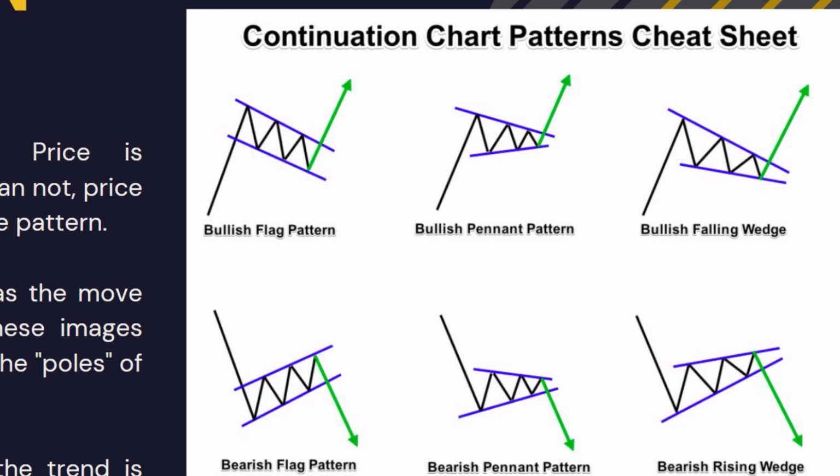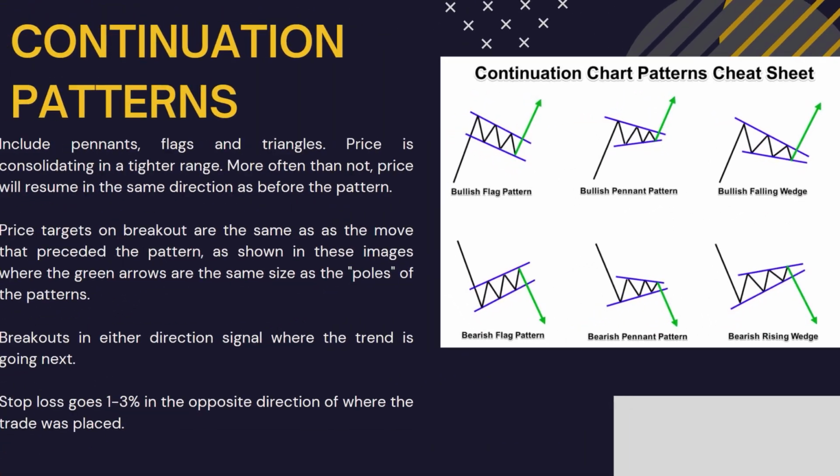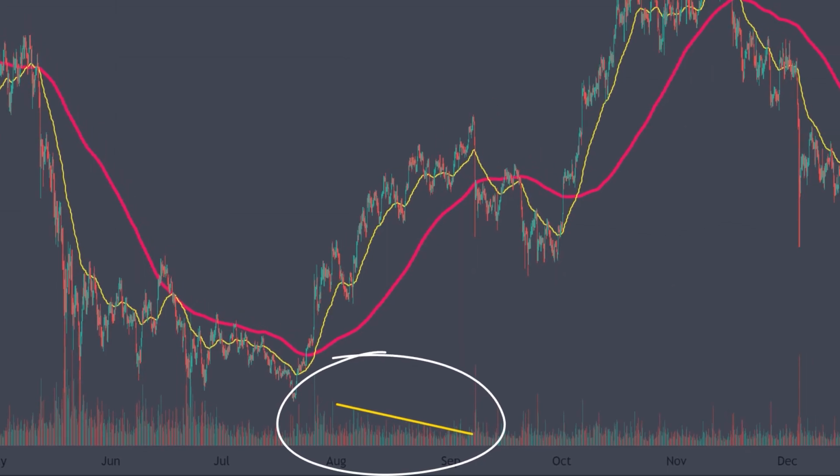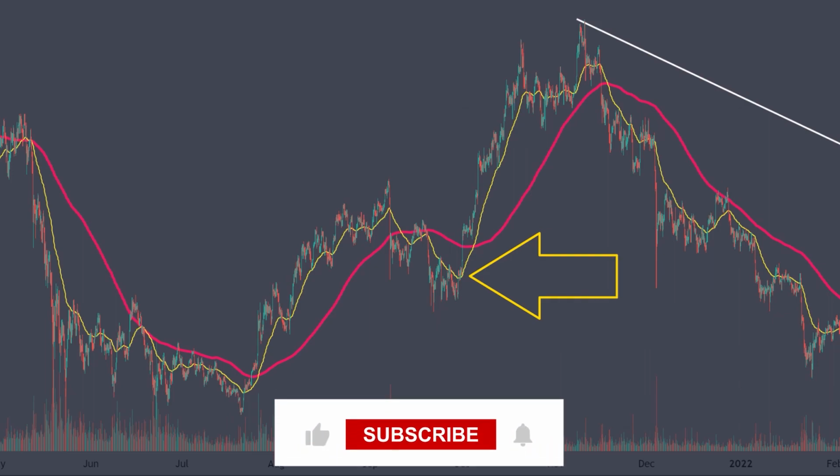We can measure the size of the next move easily. The target will be the same size as the move that preceded it. If price moved $50 and then consolidated, for example, the following price target will be $50 above the consolidation. As price is consolidating in these patterns, volume should be tapering off lower and lower. If the price breaks out from either end of the pattern, this breakout or breakdown often signals where the new